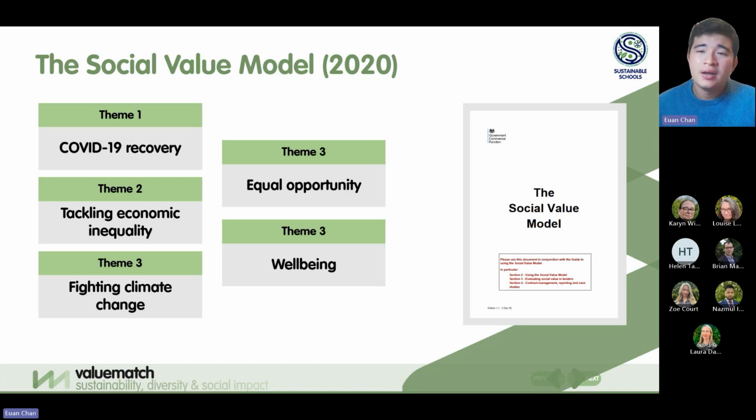Number four, equal opportunities. Equal opportunities is mainly to do with the UK government's goals of making the UK's workforce not only high quality in skills, but also diverse in representation. One example is that the government wants to see 1 million more disabled people into work over the next 10 years. And so businesses need to be showcasing how they're going to contribute to these goals.